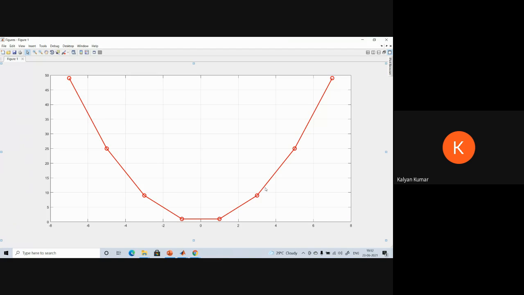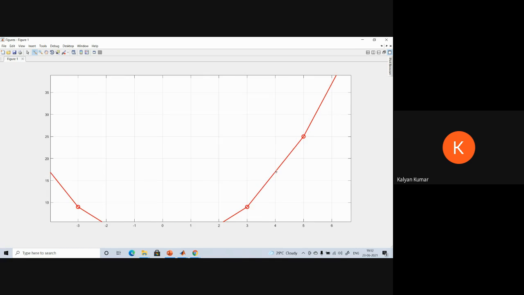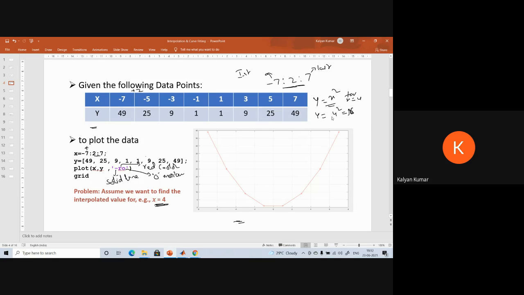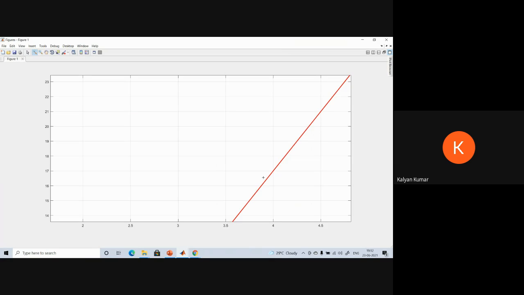So this is the graph that we have obtained. Now from this graph, if you zoom in at x equal to 4, we are going to get 17. But the theoretical answer for x equal to 4 is that y should be 16. But as the points are connected by using a straight line equation,